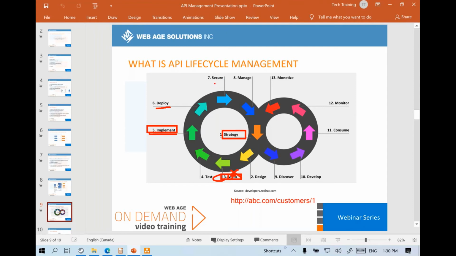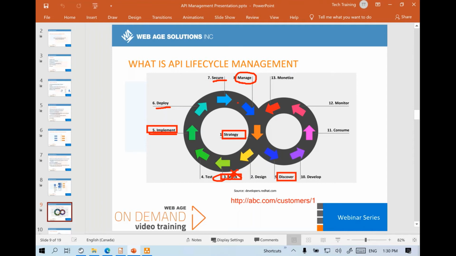Make sure it's made secure, like support JWT-based tokens, OAuth-based tokens, or you can use the HTTPS protocol at least. You can use an API key-based technique to secure your APIs. And after that, you need to manage. You need to make sure that these services are made available to other developers. Managing-wise, I'll show you the developer portal tool in just a bit. That is also part of discovery, basically.